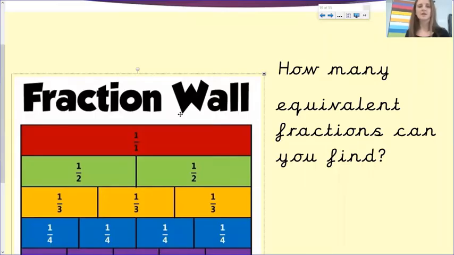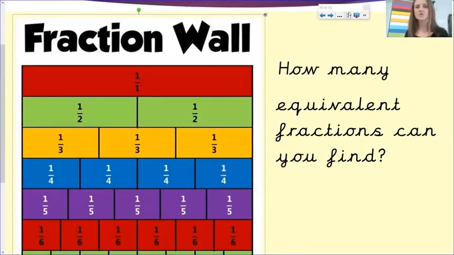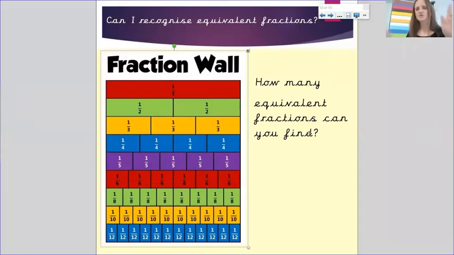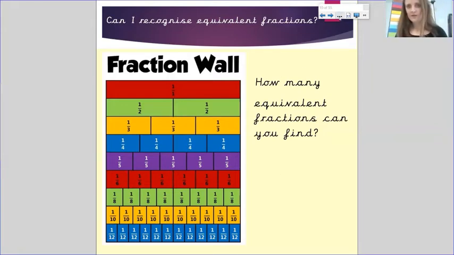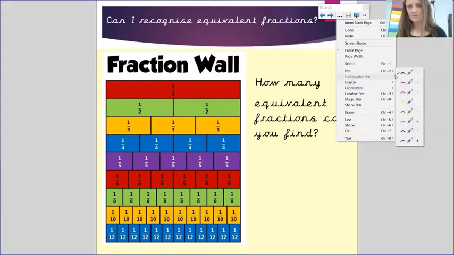So have a look and see if you can match up and find equivalent fractions using your fraction wall. So I'm just going to zoom out so you can have a look. Pause the video here and see if you can find equivalent fractions. And the way you're going to then write them out is the following. You're going to write, so for example, if I said, get my pen,